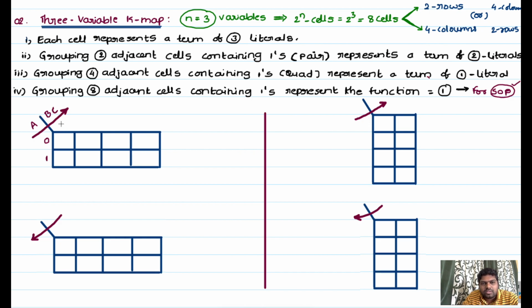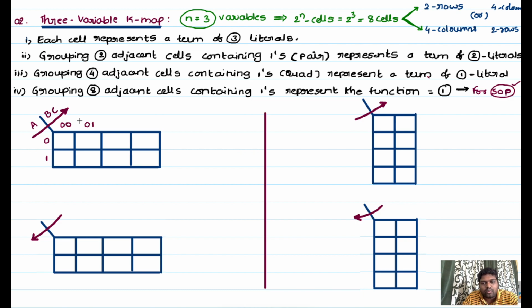So that is 0 0, this is the first possibility, and the second possibility is 0 1. But already we have a condition for K-maps. In K-maps we should use a Gray code sequence to maintain the adjacency property, so that we will get a minimized boolean expression. So that is our condition.